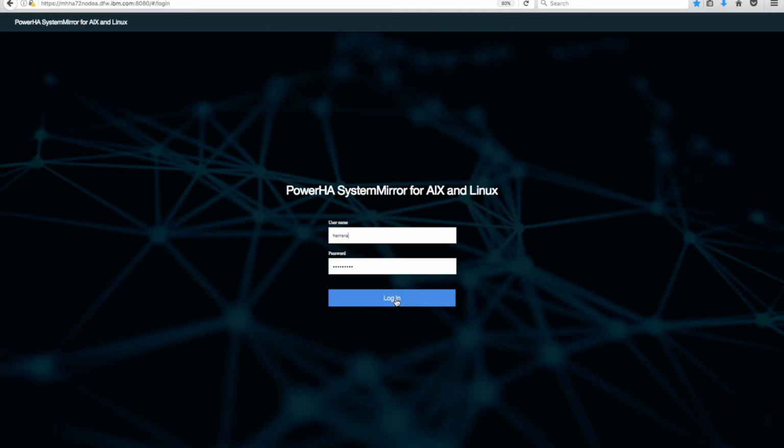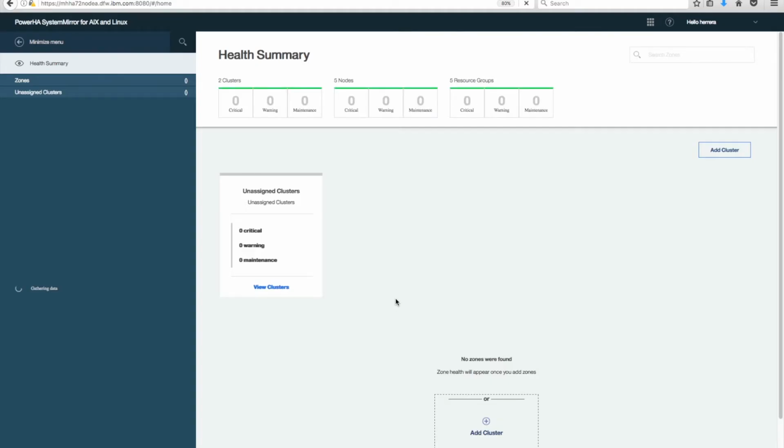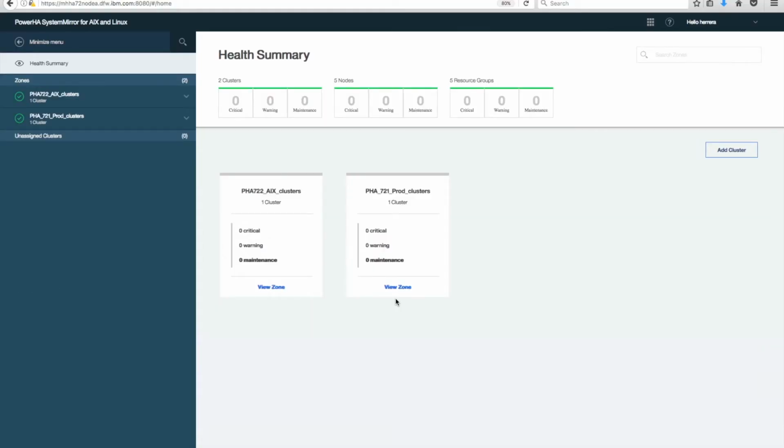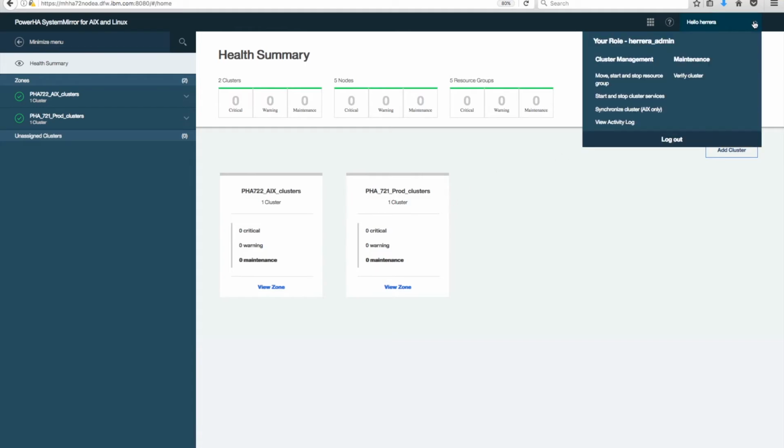So if I go in under Herrera and I log in, what you'll see is he only has visibility to 2 of the zones that were there. So if you think about it in terms of your own environments, that is how you can restrict visibility from the user interface as far as what the individual users can actually see. Here I only have visibility to the AIX clusters, both the beta and the prod. If I log out